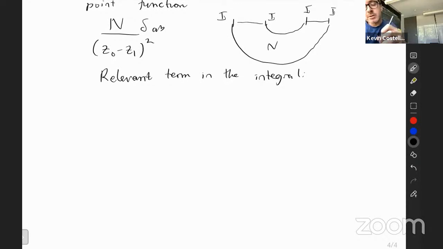I can take the first one. I'll drop the color factors too. This one to be a delta function. Here, I'm going to put d bar of